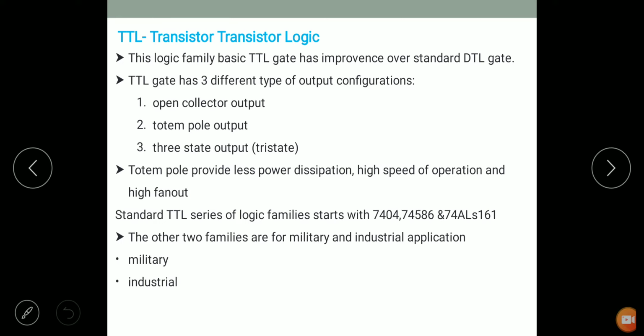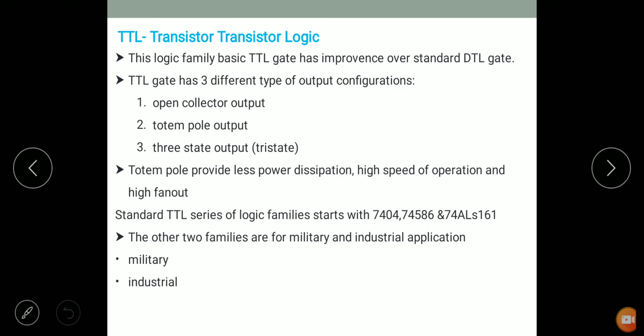All these ICs are fabricated on silicon chips using different fabrication techniques. Now, unipolar families. What are the unipolar families? The MOS family uses MOS field effect transistors, that is MOSFETs, fabricated on the chip. So all the gates belonging to the MOS family use MOSFET based circuits. In the MOS category, there are three logic families, namely PMOS, that is P-channel MOSFET, NMOS, that is N-channel MOSFET family, and CMOS, that is complementary MOSFET family.